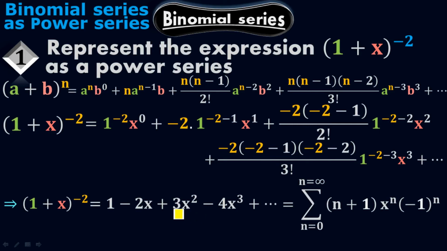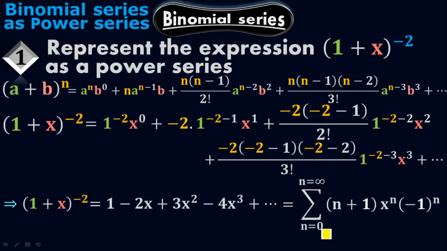The third thing is that you have to look to the power of variables. Here the power of x is 0, but normally we don't write x to the 0 because x to the 0 is 1. There is actually x to the 0. So we have x to the 0 here, and then x to the 1, and then x to the 2, and then x to the 3, plus x to the 4, plus x to the 5, up to infinity. Which means that the power of x is in ascending order towards the right side. 0, 1, 2, 3. Therefore, I can simply put x to the n,